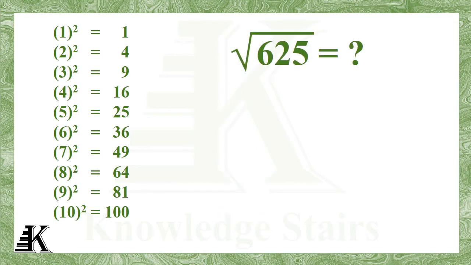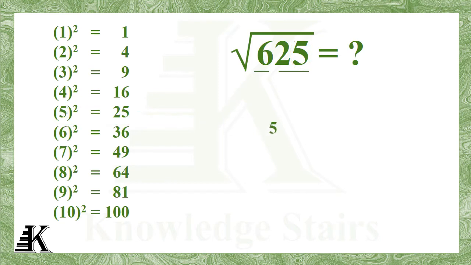625. Now for calculating the square root, first of all we will make pairs of two numbers from the last. Now we have two pairs: one has two numbers, that is 25, and the other pair has only one number, that is 6. The way of calculating both the pairs is different. First of all, we will see which number is there at the ones place in the first pair. Here we have 5. We know that any number ending with 5 will have 5 at the ones place when squared. So, we will write 5 at the ones place.